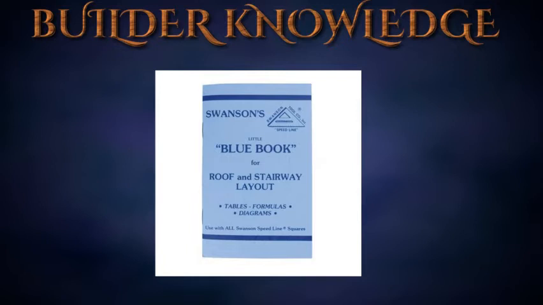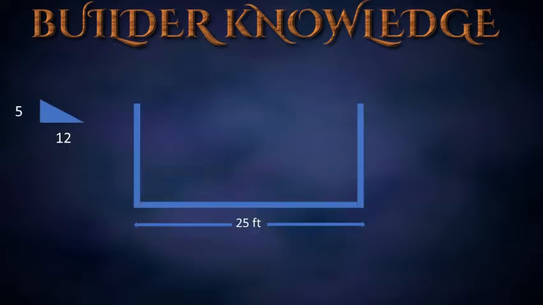Simply look up your span or total run and it will give you your bridge measurement. Then calculate rafter length using the method in the previous example. Using the mathematical method, no tables or square, first determine the bridge measurement, inches per foot of run, using the Pythagorean theorem. For example, find common rafter length for a building, with a 5-inch unit rise, 25-foot span, and a